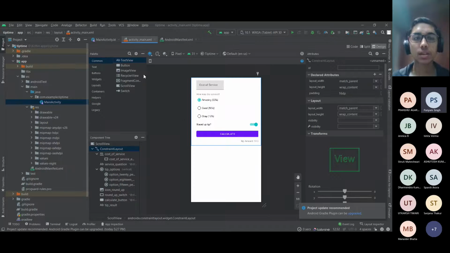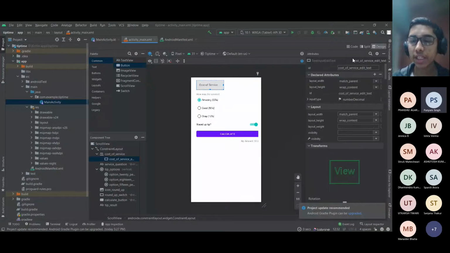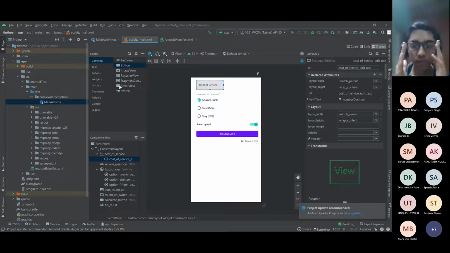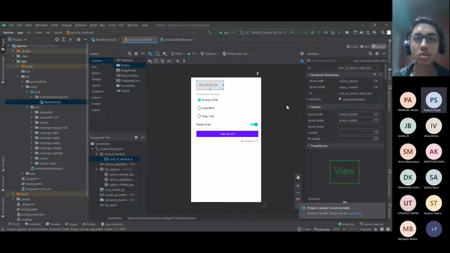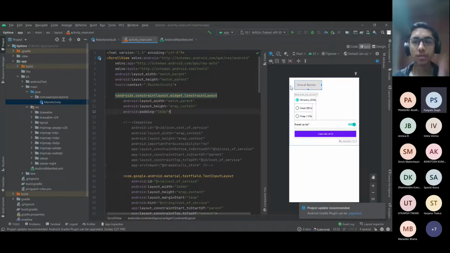All right, so it's just drag and drop. You can put your button here, and then it puts in a button there, and when you select your views, you can add your attributes. When you're starting out, this is very helpful because you won't have to fiddle with much of the XML code. You can just directly do all this and set the positions, the attributes and such. But later on, when your UI gets a little more complex, you'll have to work with the XML code because there's a limit to what you can do with drag and drop. So that's when you come to this part and do this.